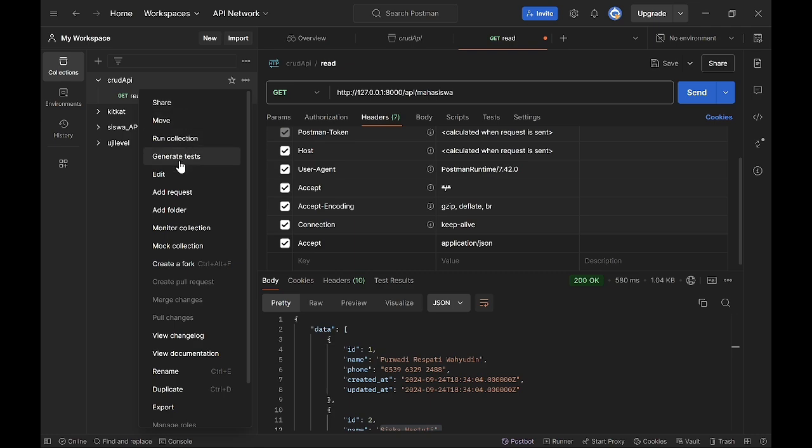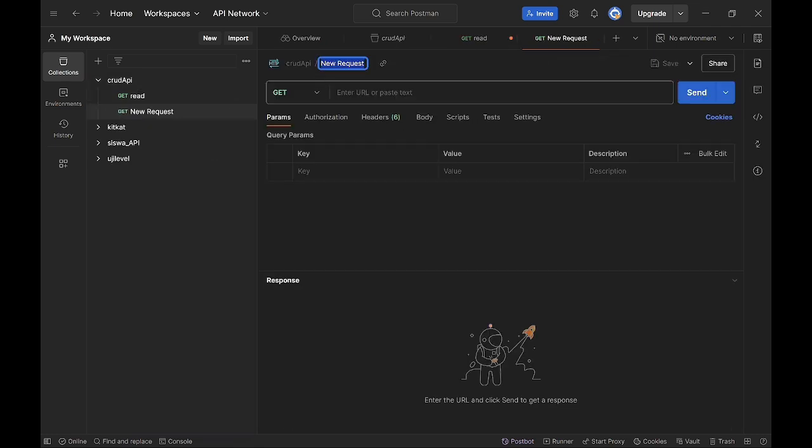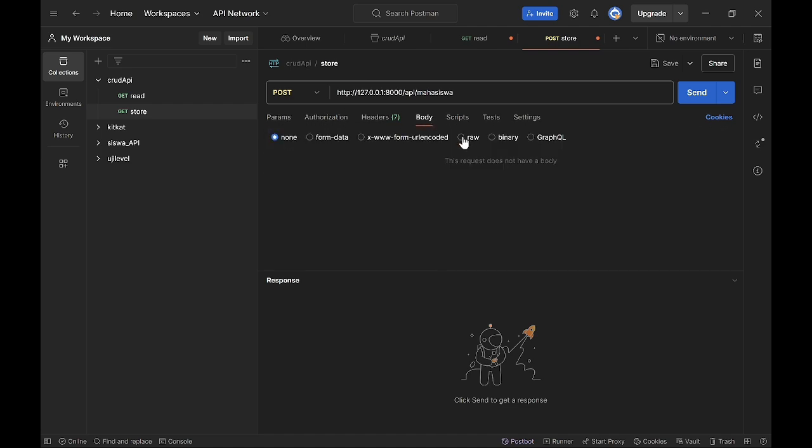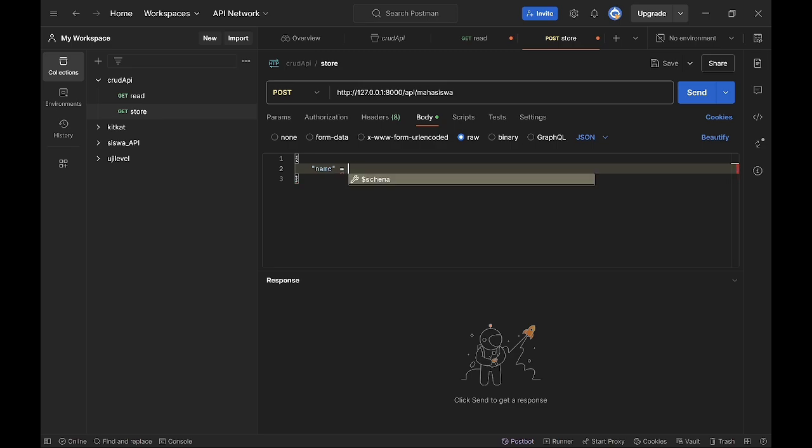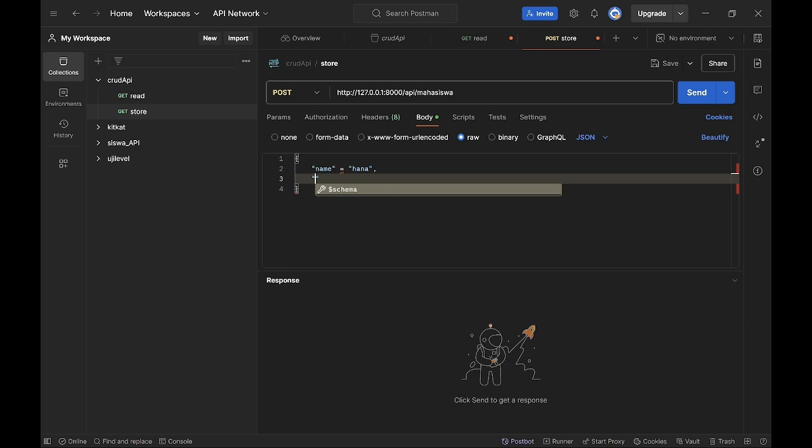And then we will add a new request, and then I rename it to store, and we change this method to POST, and we copy this URL, and in the raw body we type the name in here.